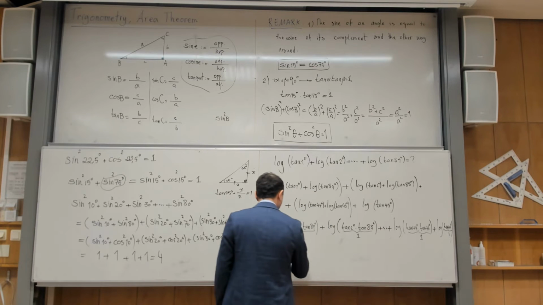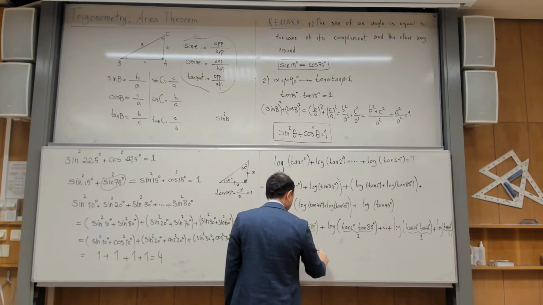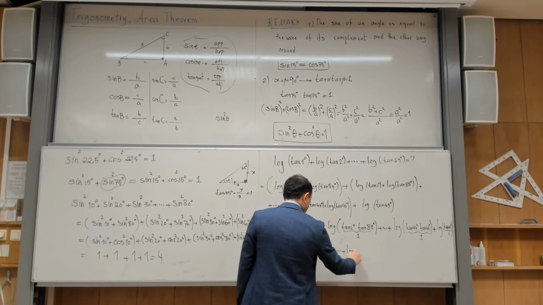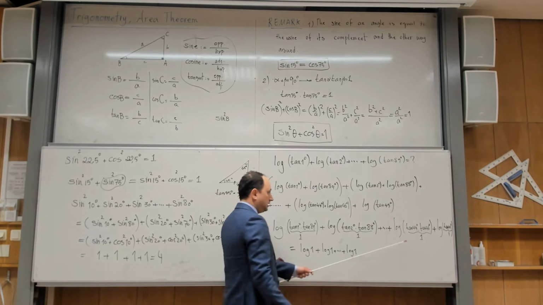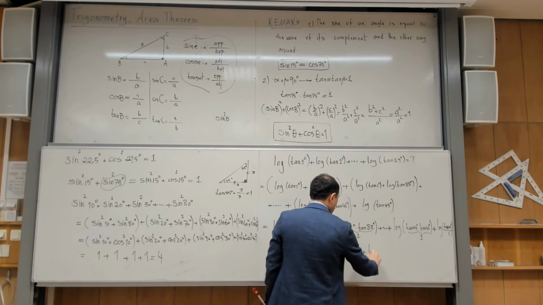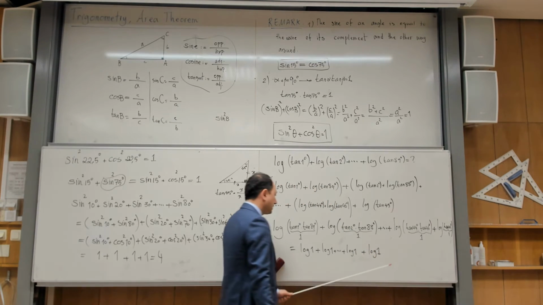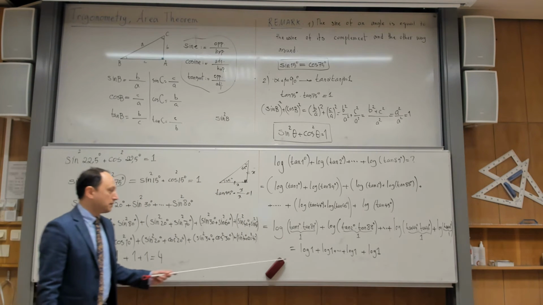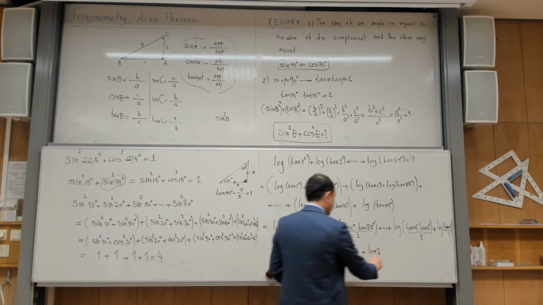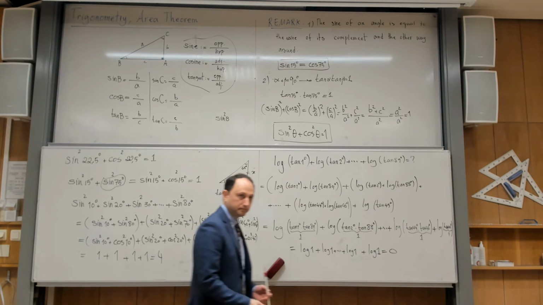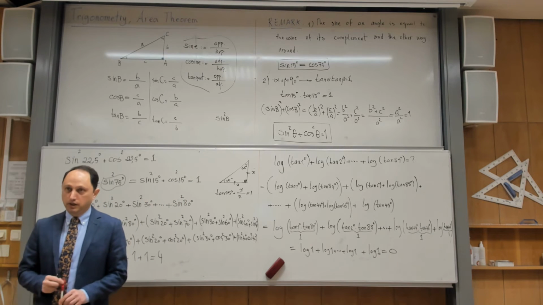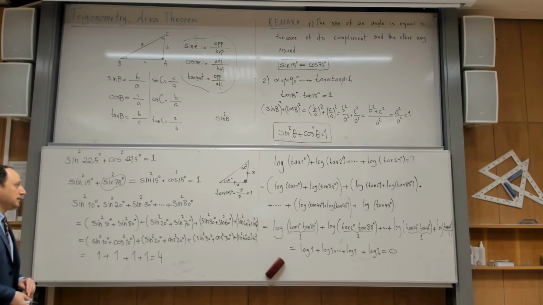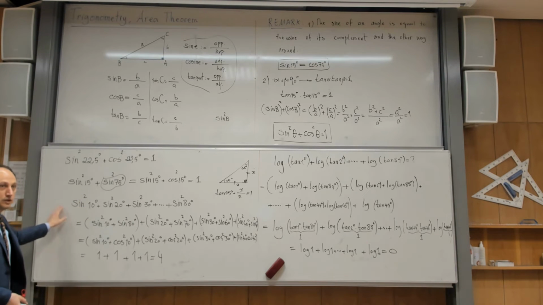So this means that I have a bunch of logarithms of 1 added. So up to here is this, and then I have one extra term here. But I really don't care about logarithm of 1, because logarithm of 1 is 0. And if I am adding a bunch of zeros, the answer becomes 0. So that's precisely 0, this combination. Yes? Okay, my goal wasn't to actually talk about these things, but this is something that we learned